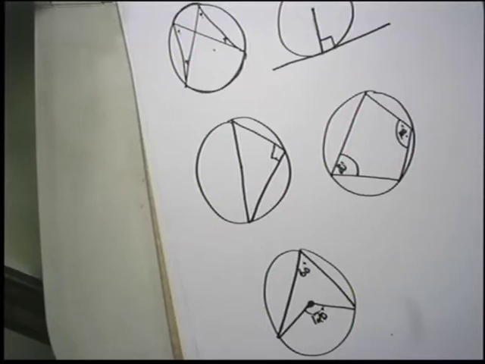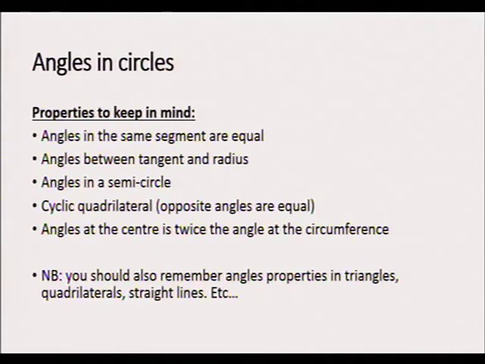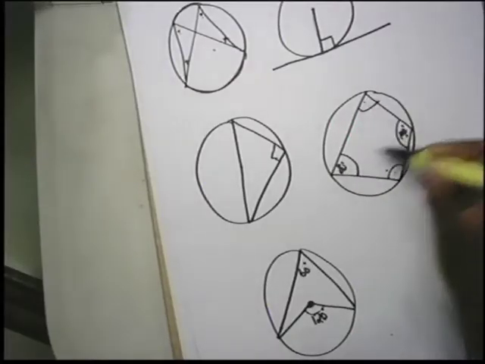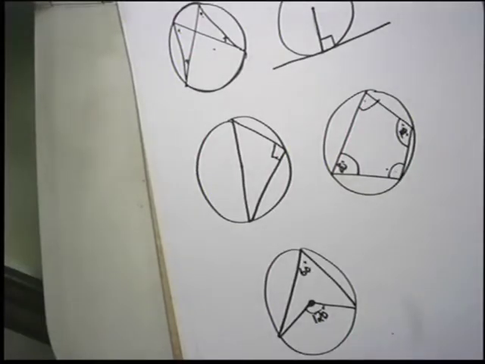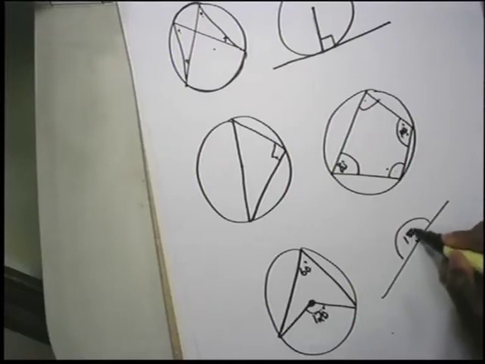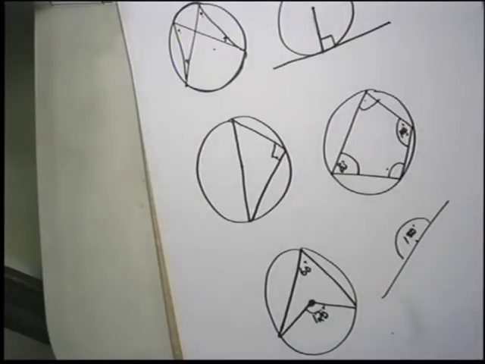And a very important thing again, you should remember also the angles formed in triangles. Angles formed in quadrilaterals: if you add all these angles together in the quadrilateral, it is 360. The 4 angles inside that quadrilateral will give you 360 degrees. And the angles in a straight line, you should know that one. The straight angle, how many degrees? It's 180 degrees. Sometimes you need to know them to solve this type of problems when you come to angles in a circle. Okay, let's look at one example.